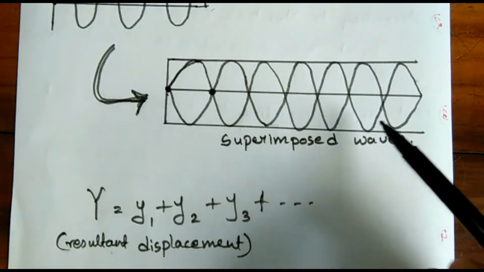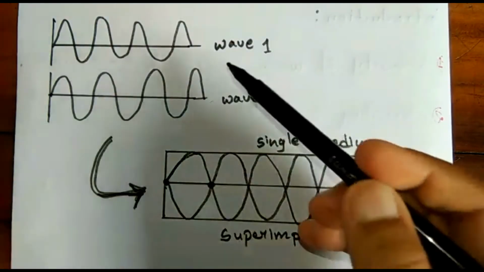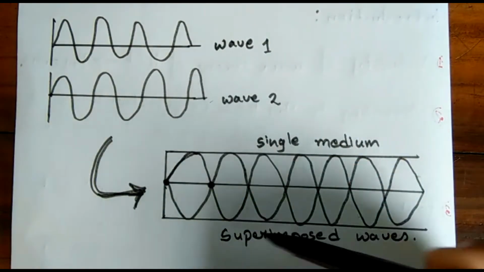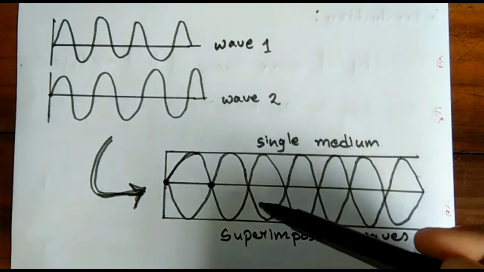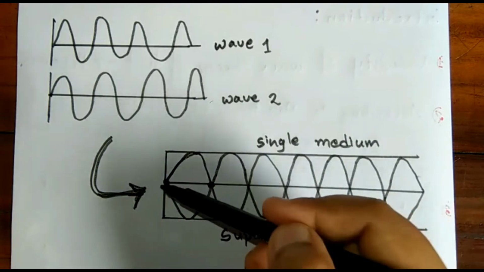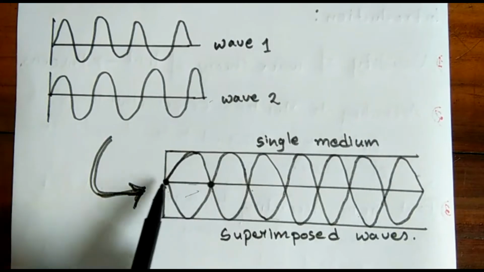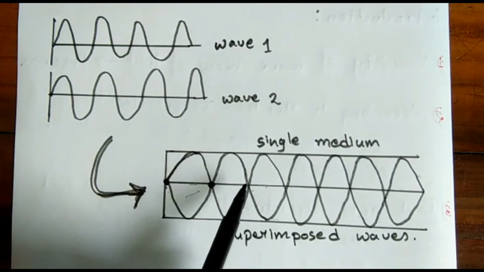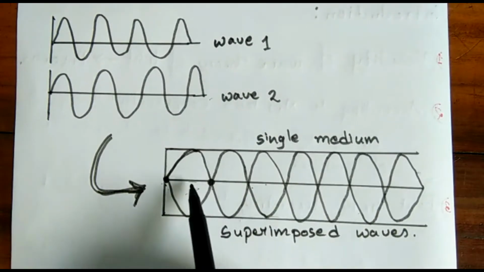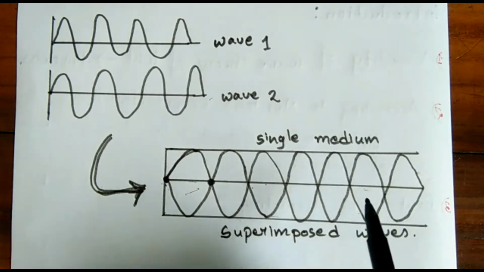And how is this connected with interference? Let's see that. Here, as you can see, these two waves are supposed to be interfering at one particular region, that is traveling through one single medium. In that region, we are concentrating on the displacement of the particle. And here it means when they are getting displaced, that is from one point to another, at each point they are actually interfering with each other. That is, you can see that each wave is involving themselves with each other.